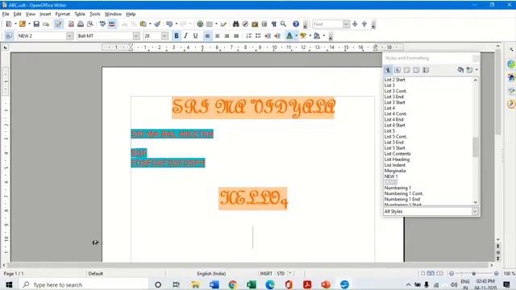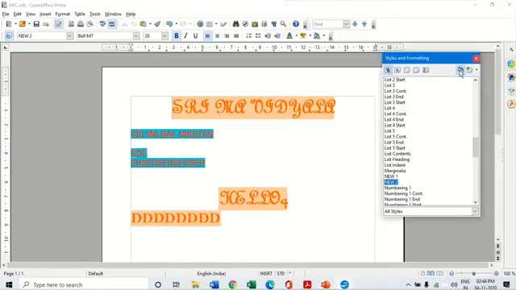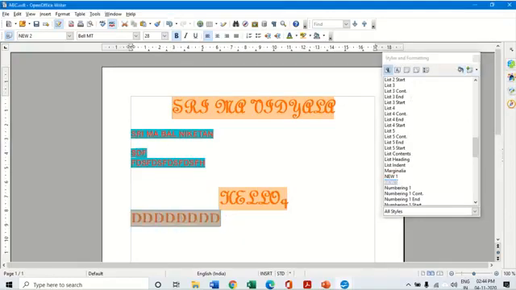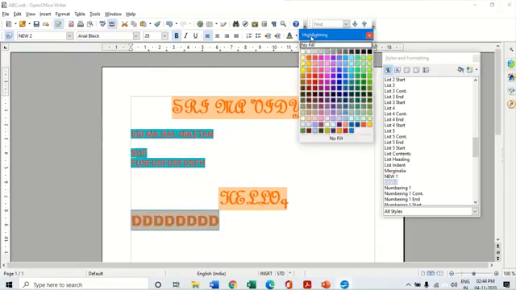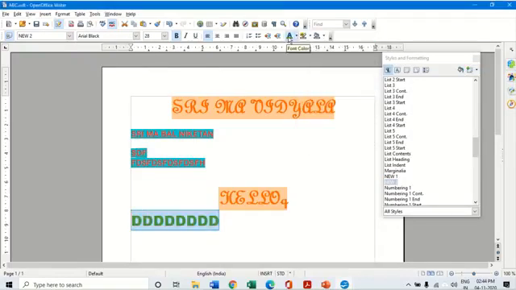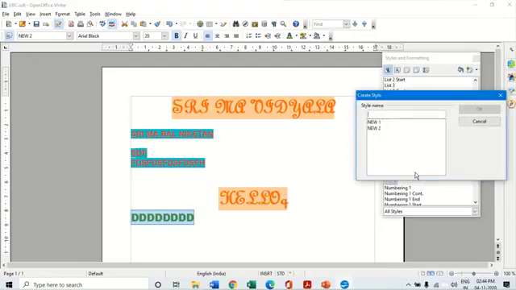Now here I am going to type some text with it. A mistake has come. Yeah, I will select this text and make some changes. Let me make it better. The brush is empty, I have no filling, and I'm going to keep it in green color, and size say 20. So this is my new format. And now if I want to drag and drop this, I can simply keep my left mouse button clicked, drag this and put it here, and you get the new style.